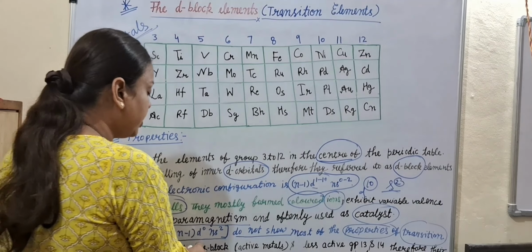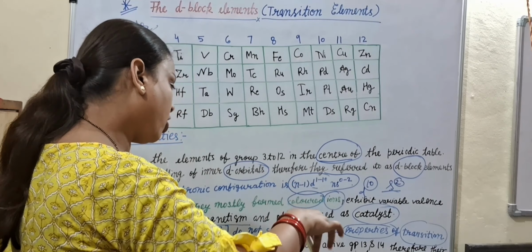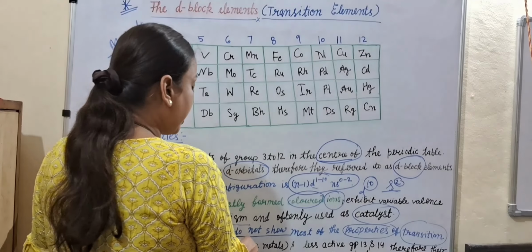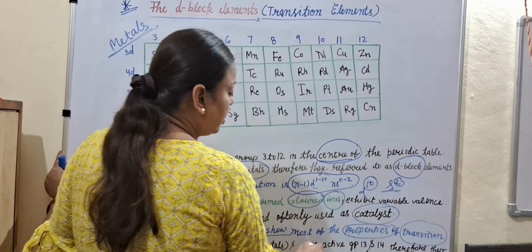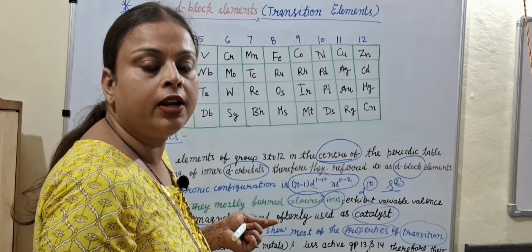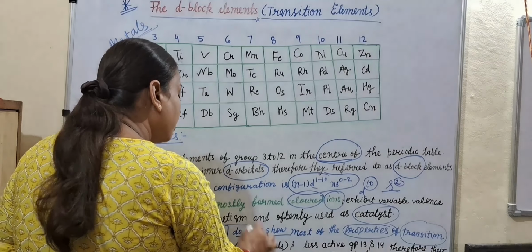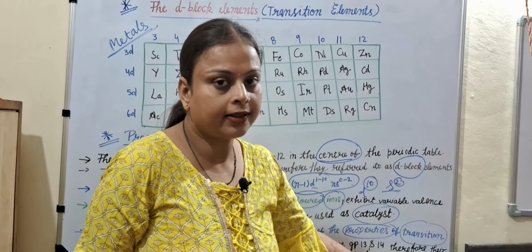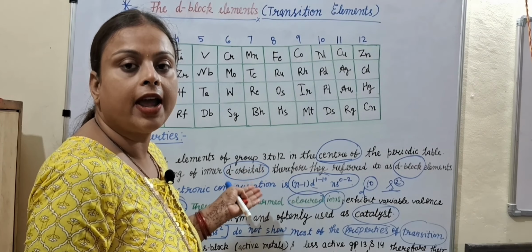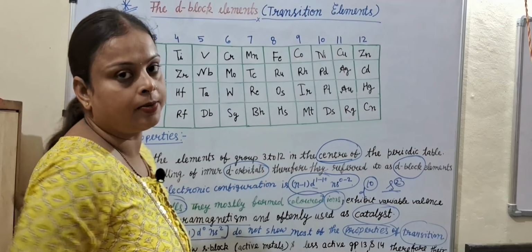They form a bridge between S block elements and the less active group 13 to 14 elements. I described S block elements in great detail, so you can watch my previous video on that topic. It means S block elements are more active, and groups 13 and 14 are less active. Transition elements form a bridge between S and group 13, 14 elements. That's why they are called transition elements.